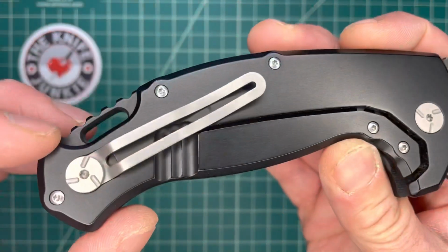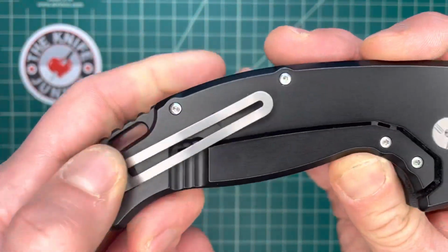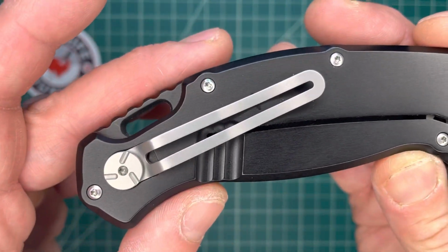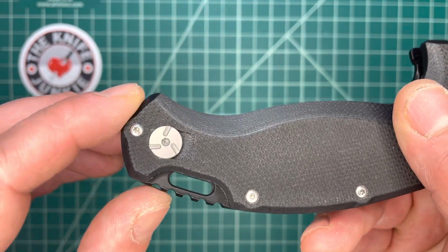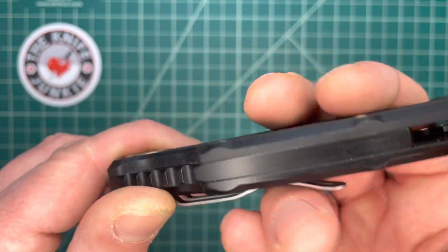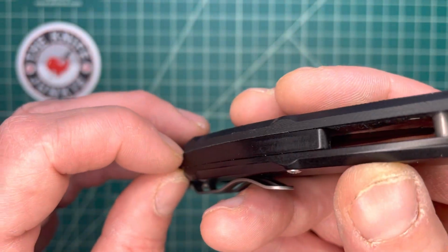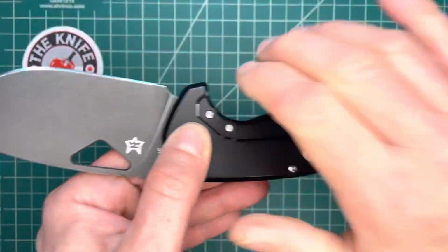Really cool pocket clip. I like the look of it. I also like the spring tension of it. I like bent clips like this, and it's somewhat stylish. I also like the connecting point. So you have a filler tab on the other side. Your back spacer here. What is this? I think it's aluminum. Can't quite tell, but it's got this nice gear pattern, which nestles nicely in the palm